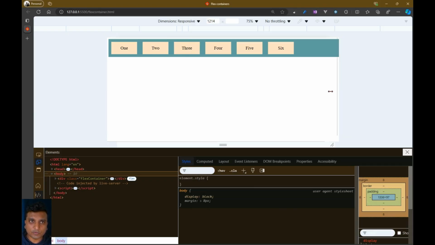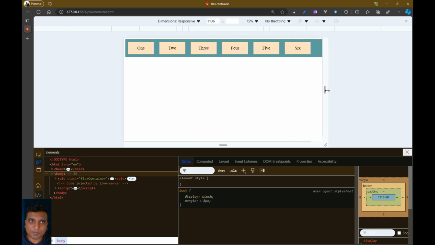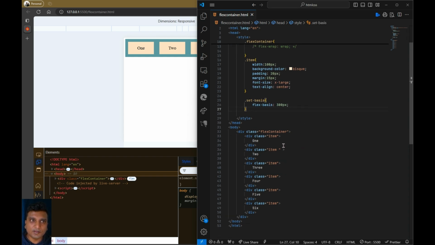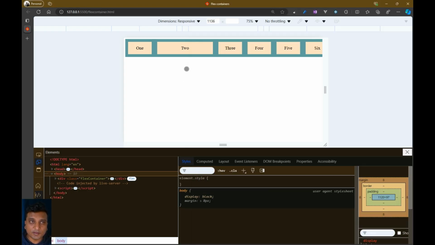Now in the given example, you see when you try to shrink, these items shrink automatically a little. And by default, there is a certain size set to them. Now, what if you needed a base size set to one of these items or a few of these items? Let's take an example where I've created this class set basis and I've set a flex basis property of 300 pixels. Now, how about I set it to one of these items, say the item that has the text 2 inside of it. And you can see, it automatically applies the width of 300 pixels to this particular item,